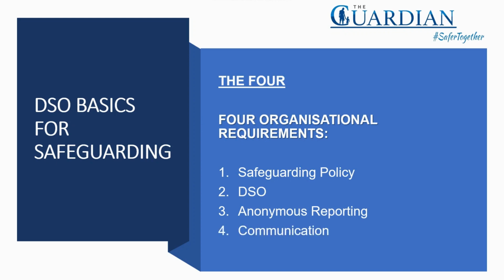The fourth thing is communication. This is probably one of the most vital pieces of the implementation, because in as much as we have a policy, people don't always see it, and by people not seeing it, they're not always aware of the requirements in their behavior and how we should be behaving within the club.